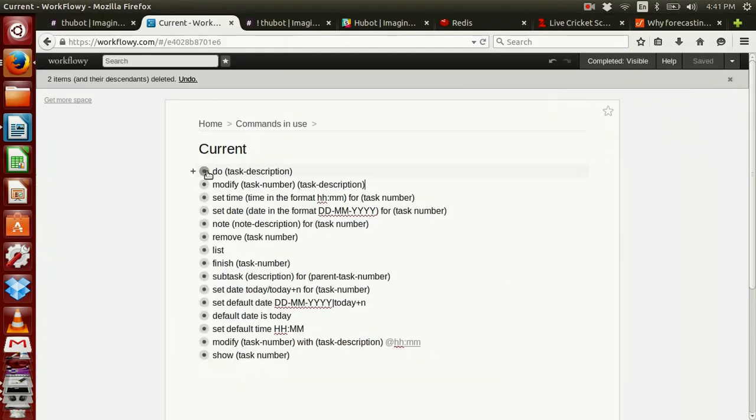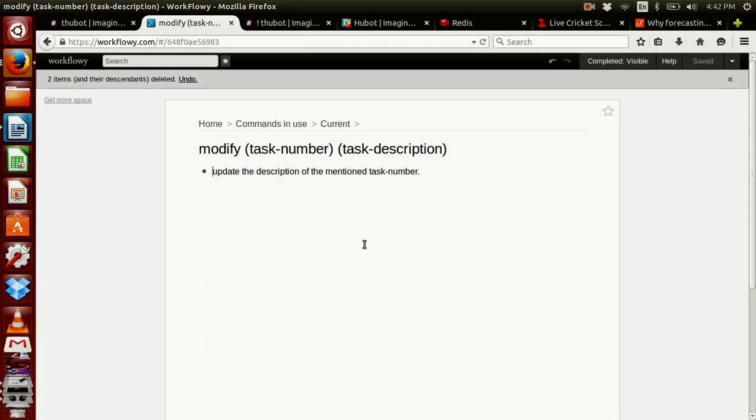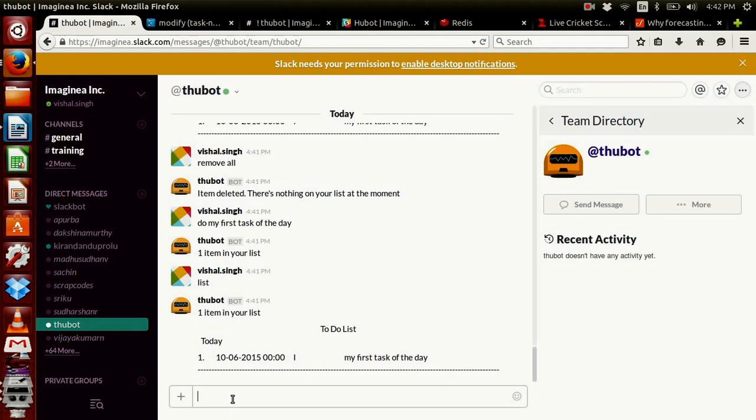So next command that we are going to see is the modify command. Modify command is used for updating the description of any task. Syntax is modify followed by task number followed by task description. Modify, our task number is 1.